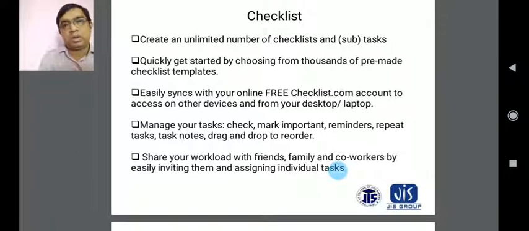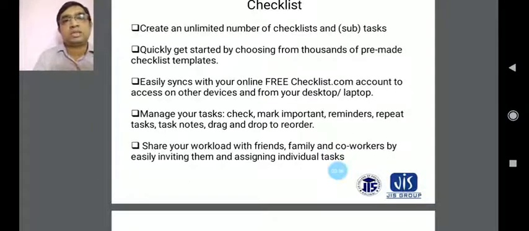You can give each employee the job to be done, upload it to the system, and access it from your office or your home at any time. You can use these online procedures with a free checklist.com account, and access it from other devices, your desktop or laptop.